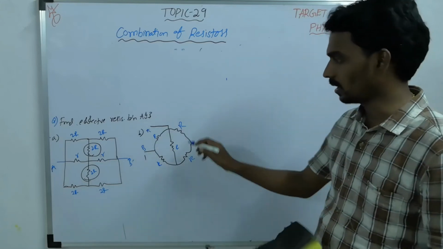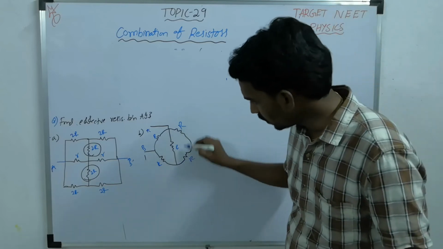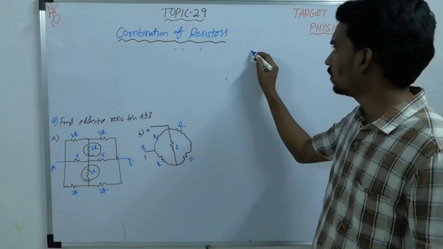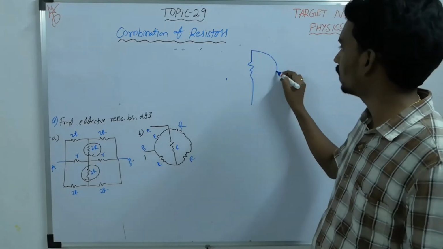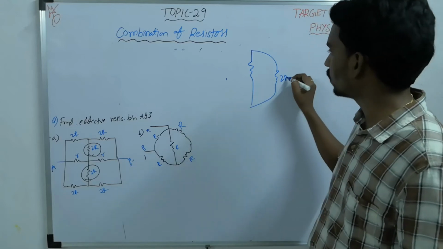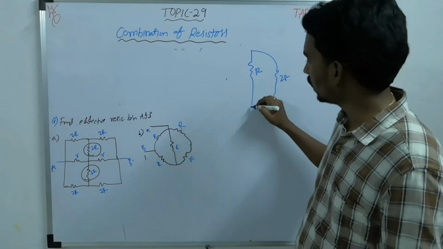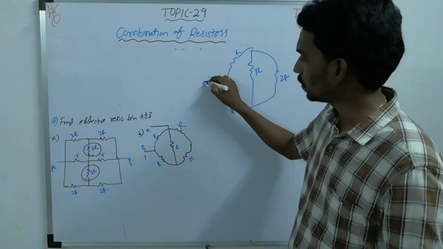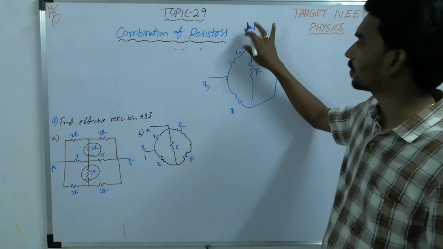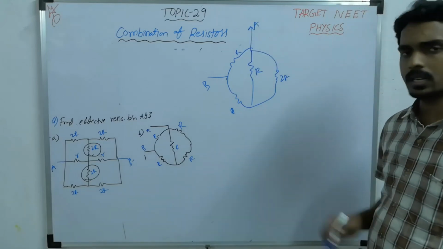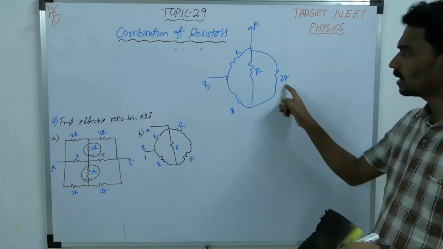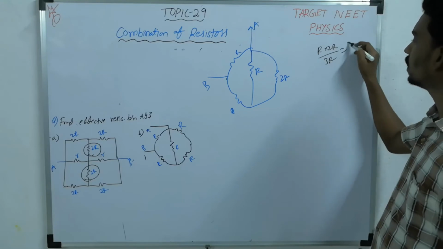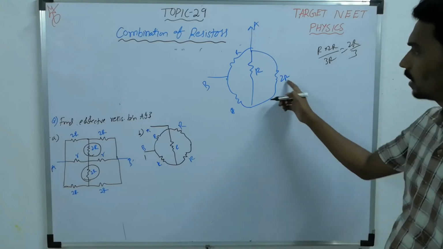Like you consider here, first these two are in series because only one end is joined. So first I will write it like R, it will become 2R. This is R. Now on this side we have R, and this is B and this is A. Now these two are in what? Parallel. So what will the resultant become? R into 2R by R plus 2R, 3R. So 2R by 3, take it.